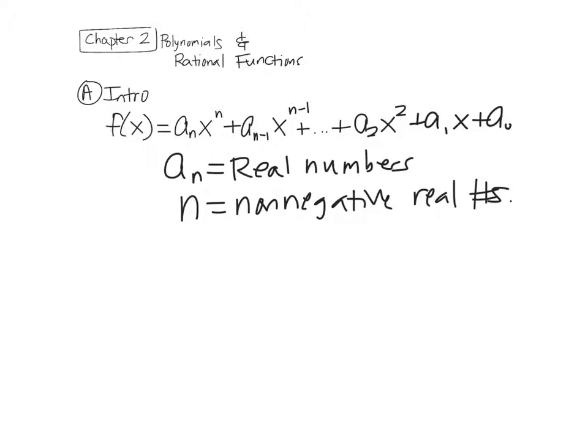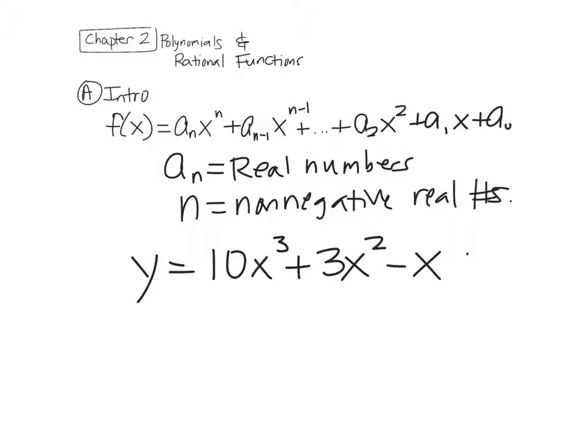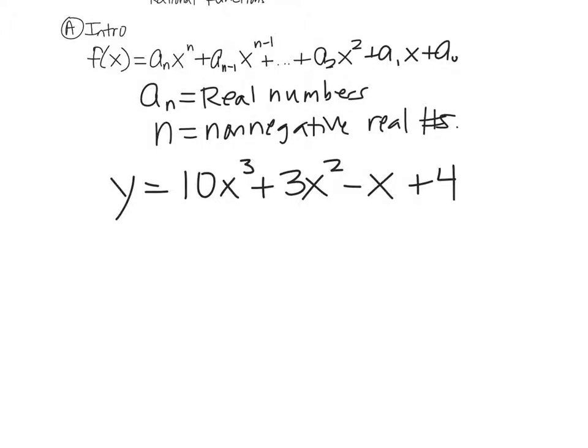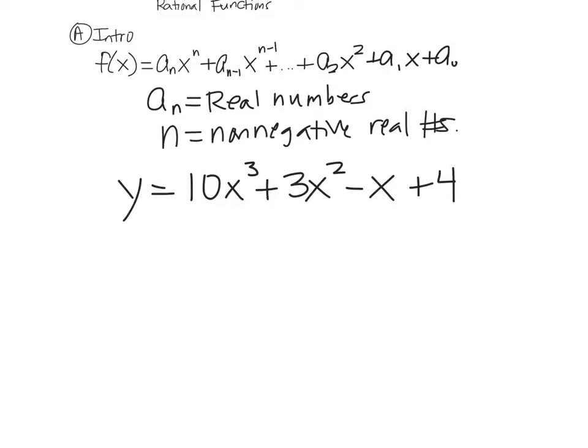So something like this is a polynomial: y equals 10x cubed plus 3x squared minus x plus 4. Okay? That's a polynomial. It's a cubic. It has 4 terms, so we call it a polynomial. It has 3 terms, the trinomial, binomial, monomial, all those things, okay? Something that is not